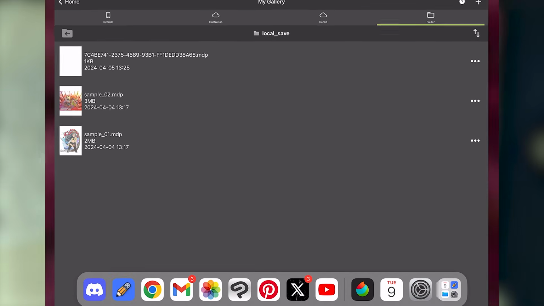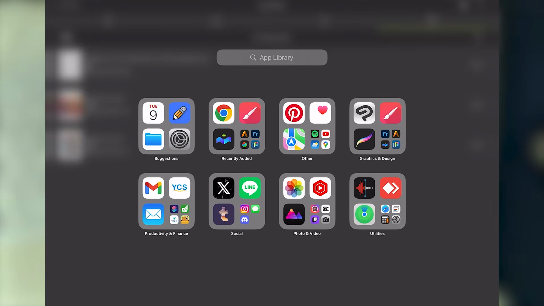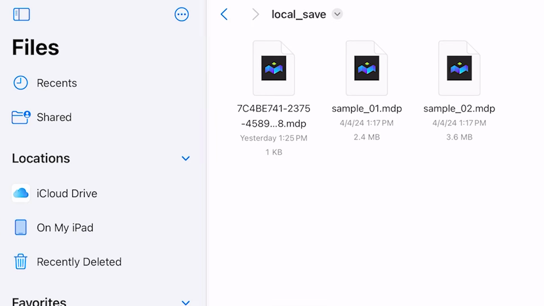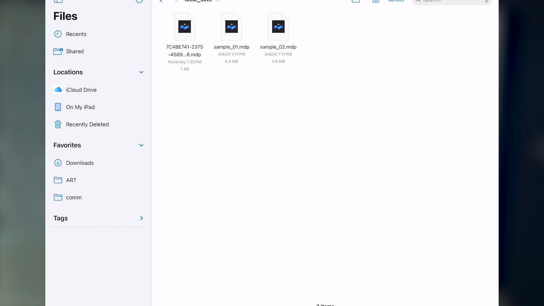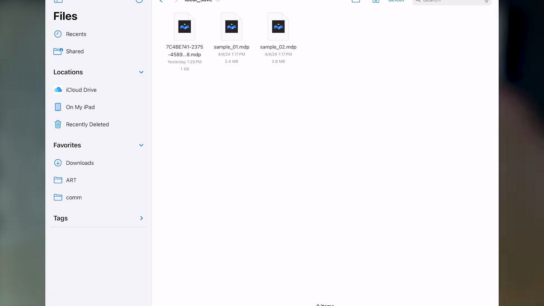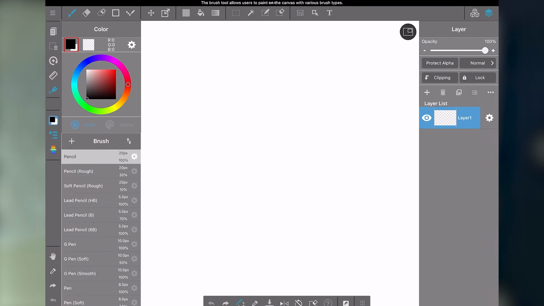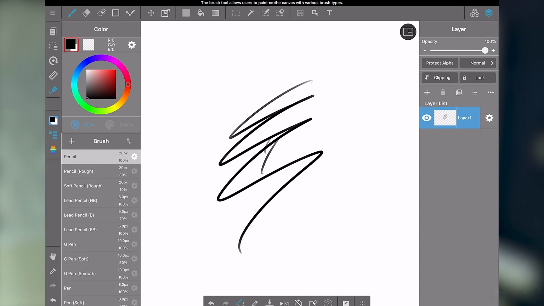Is this saved locally to the iPad though? That is the important question. Oh, there's a folder right here. Local saves, and wow, okay. Yeah, everything is saved right onto the folder, which is good. You don't have to move it out of the app and stuff, but still it's on the iPad. Hopefully there's an option that saves straight into iCloud instead. Okay, keyboard. Undo redo does work.